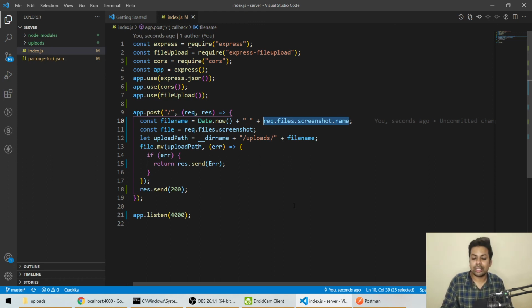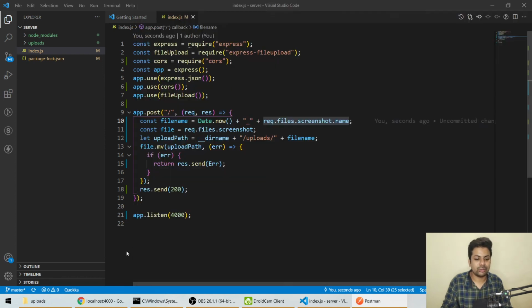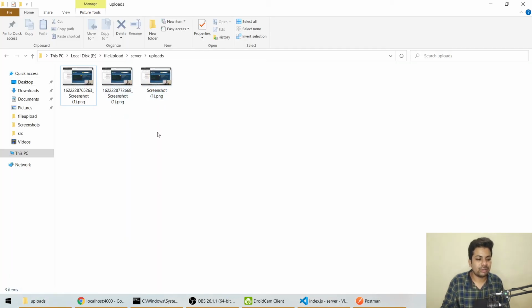If you are sending two files, like sending ss2 also, let me just do it here. Suppose you are sending ss2 also, so let me delete this, and you'll see both files at once.